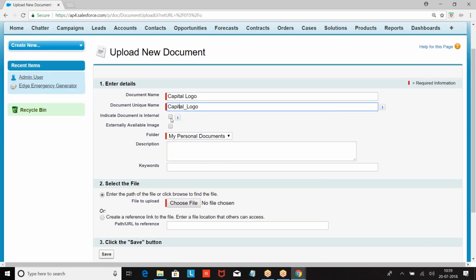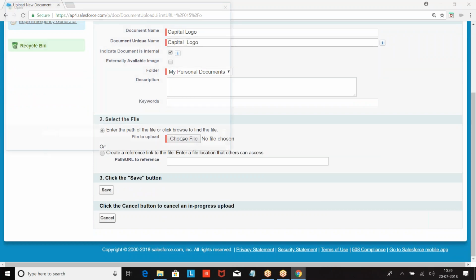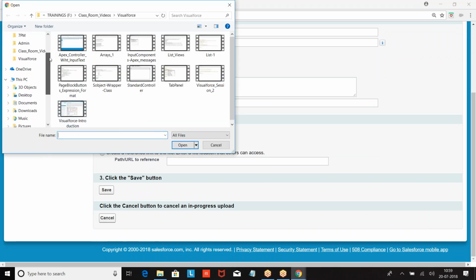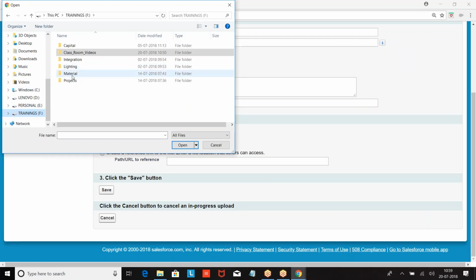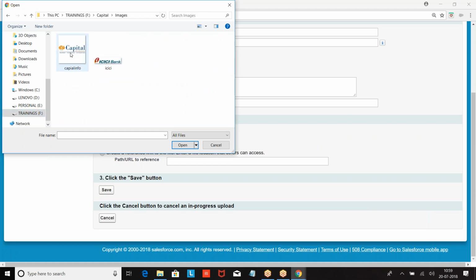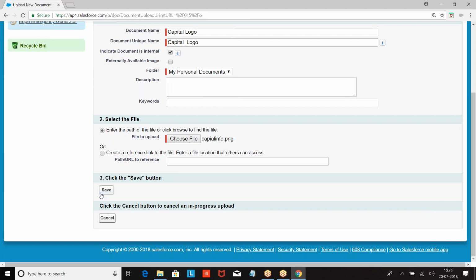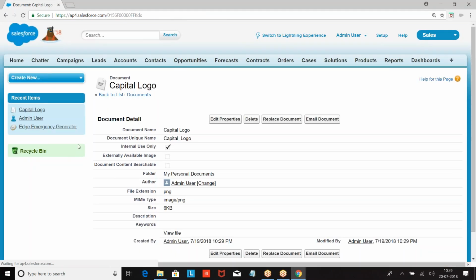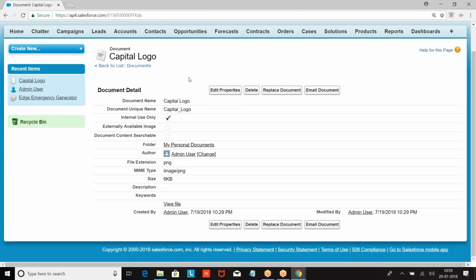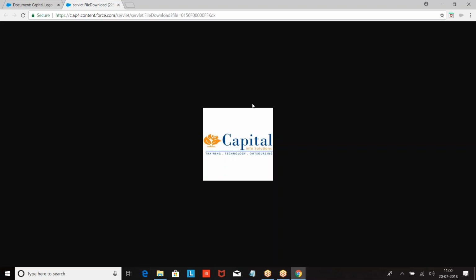Now indicate the document as internal, then choose the file, save it. Now we have saved it. Are you able to see the content of the file? No, we have a link here, view the file. This is how we are able to see.